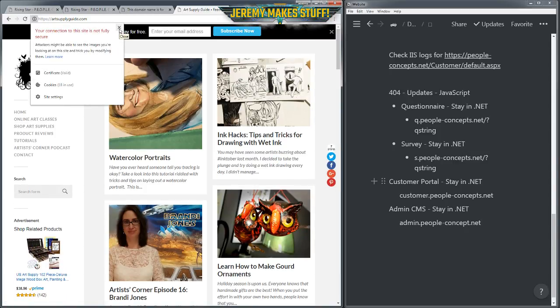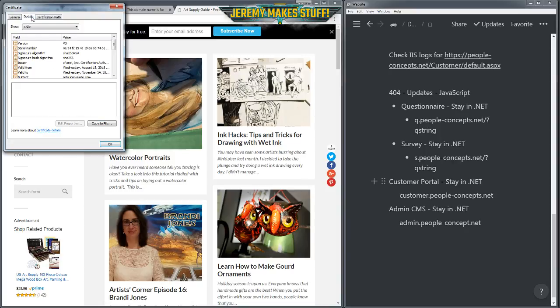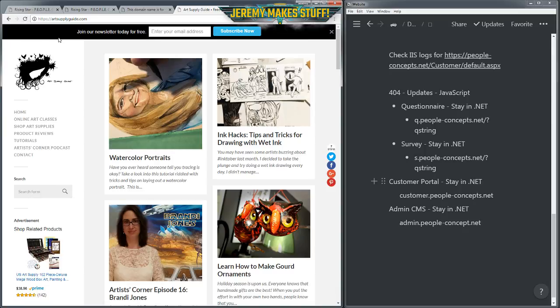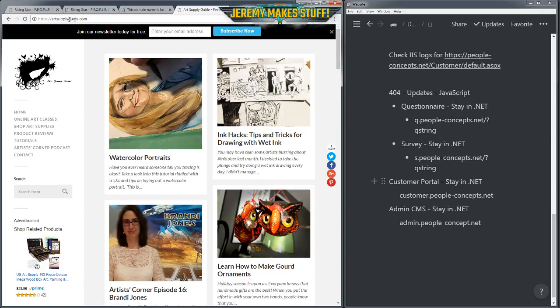That says it's not fully secure. Oh, there may be some libraries or something that are HTTP, not HTTPS. But anyway, through cPanel, and I think, is it HTTPS everywhere? It automatically updates the certificate for the main site.